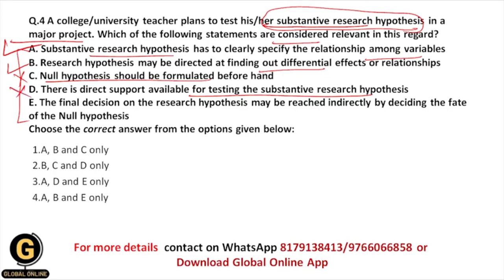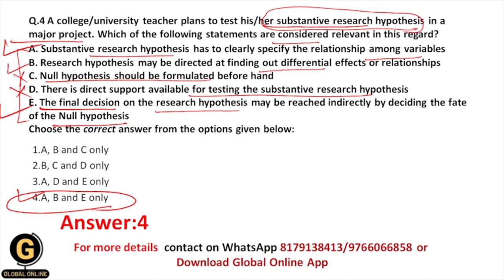The final decision on the research hypothesis may be reached indirectly by deciding the fate of the null hypothesis. Yes, this statement is correct, because whenever you reject the null hypothesis, then obviously you automatically accept the research hypothesis. And whenever you accept the null hypothesis, then you reject the research hypothesis, and that's why indirectly your decision will be based upon the fate of the null hypothesis itself. That's why your correct answer should be 4, that is A, B and E only, because here only these statements